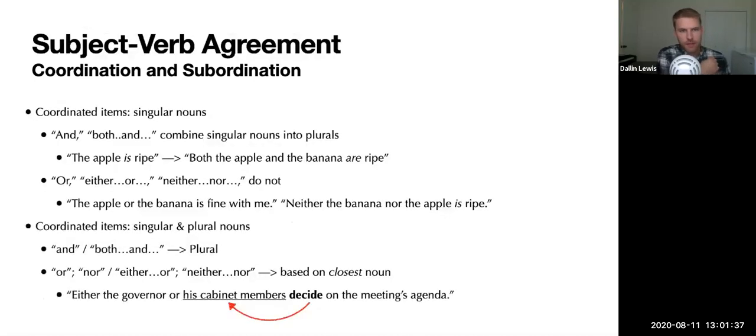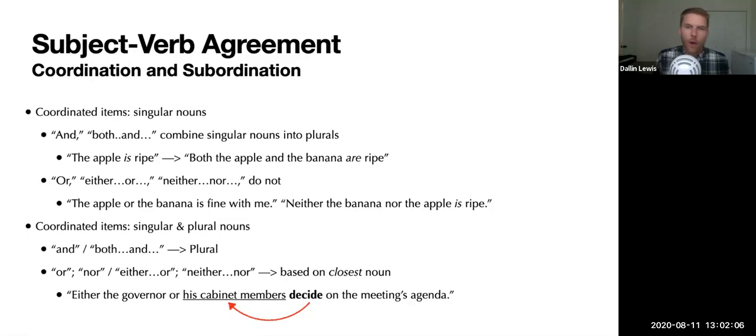Now, all this coordination stuff is pretty simple. That's why I've moved pretty quickly through it until we get to the subject-verb agreements. And this is where things get a little bit tricky. That's because coordination, as I said earlier, makes every item involved equal, and that includes coordinated subjects. But when we are trying to figure out how to tense our verbs, we need to know if the subject is singular or plural. So we have to know what effect different conjunctions have on determining whether coordinated subjects are